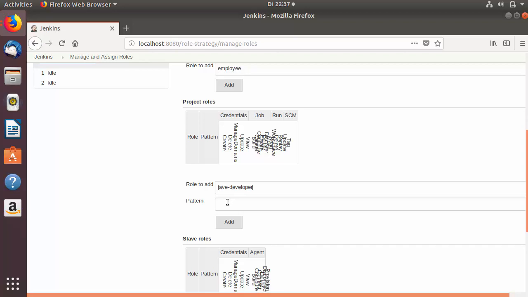Java-developer, and in the pattern you can provide access to Jenkins jobs based upon this pattern for the Java developer. Let's say any project which starts with the keyword Java is accessible to this role, Java developer. So I'm going to write the pattern, which is Java.*. This means that any Jenkins job name which starts with Java will be accessible to this role,